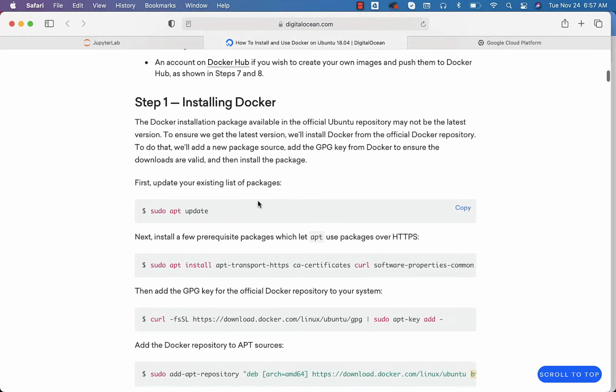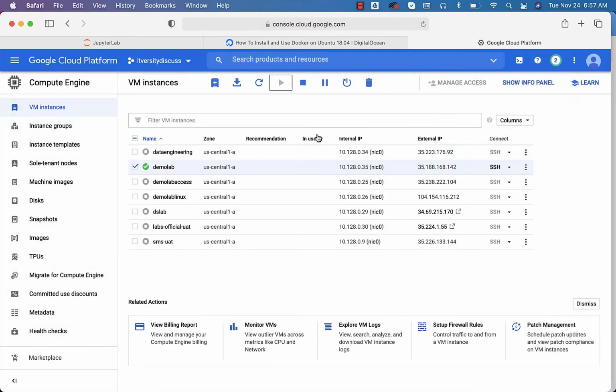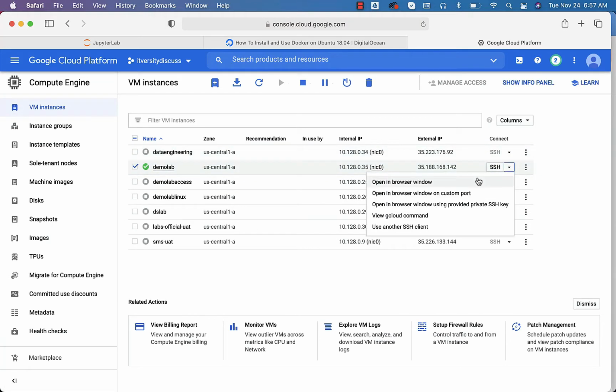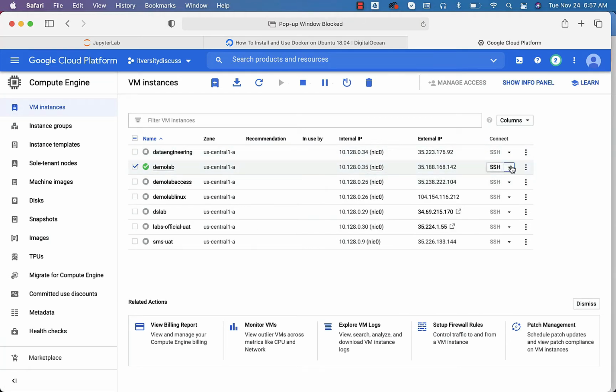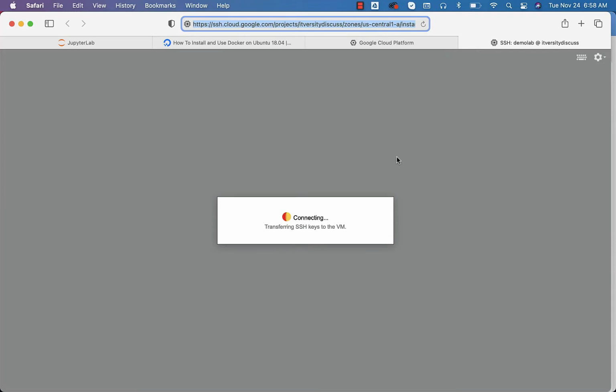First and foremost, you have to update apt. Apt is the Ubuntu package manager. You have to update to make sure that all the required tasks are performed to connect to the latest repositories and start downloading and installing software from there. To run this, first we need to connect to the server. If you are using GCP, you can use the web console. By clicking on this, you should be able to connect to the web console. The pop-up is blocked. I just have to click on this so that it is opened in another tab. It will just take a moment.